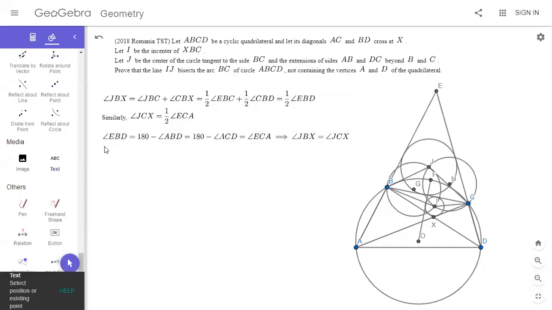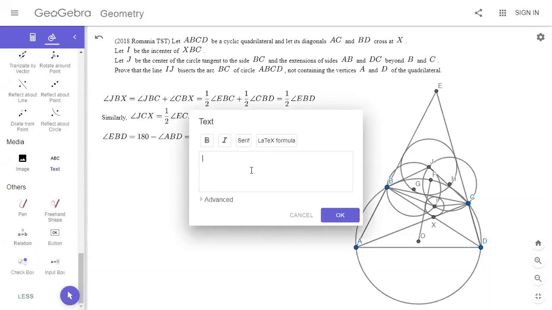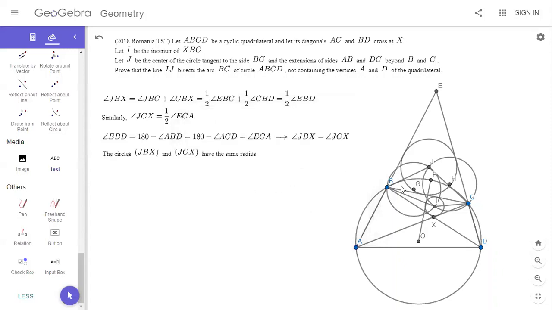Or I'll just write it like this. So the circles JBX and JCX have the same radius. You guys see why that's true? Because if angle JBX is equal to angle JCX, then if you drew the two circles,